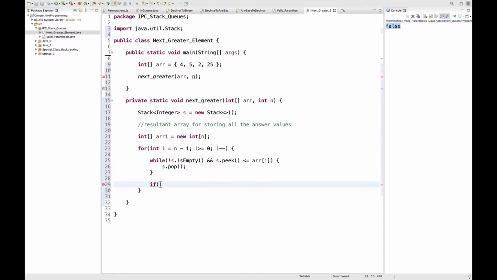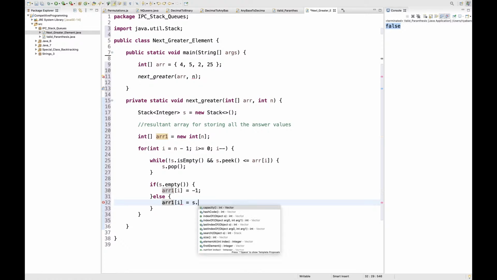So at this point, if the stack is empty, in the resultant array I simply push -1. In the else case, I can simply do this.